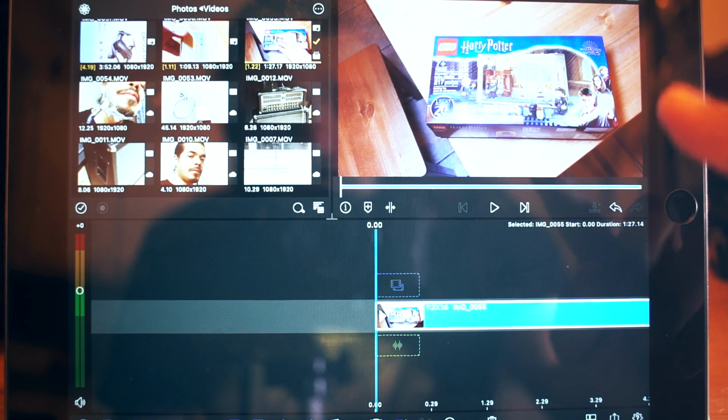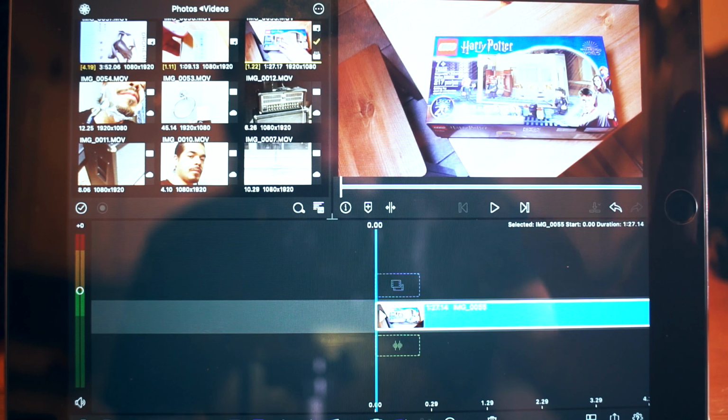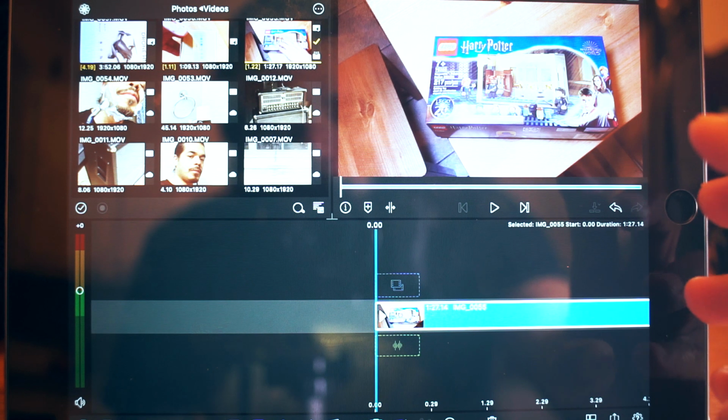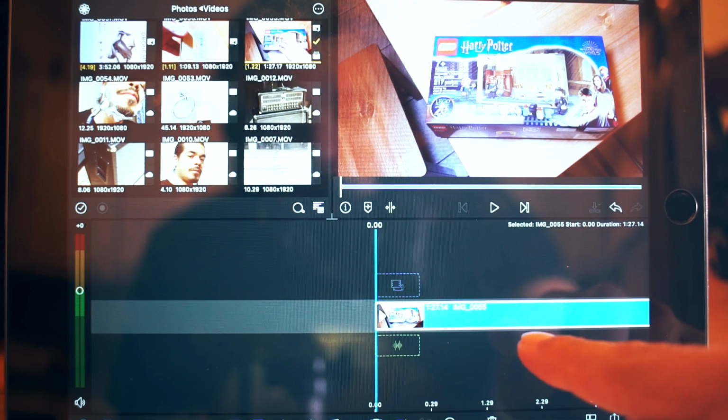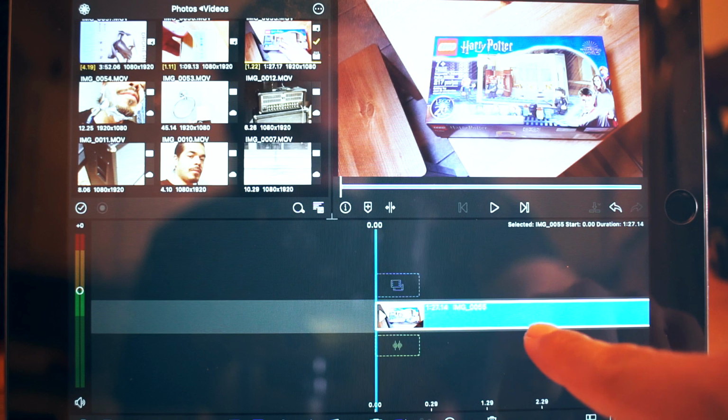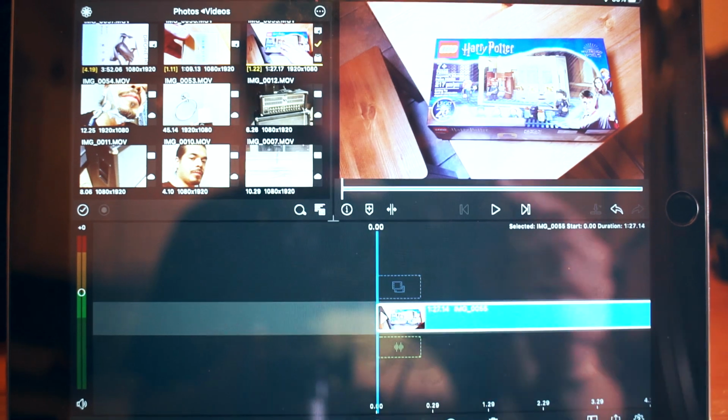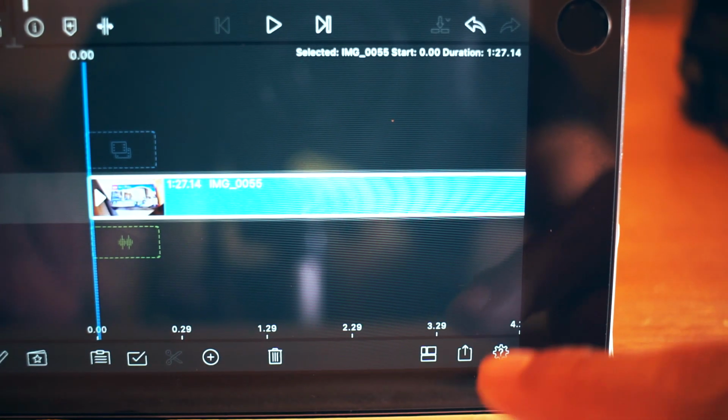Alright guys, quick tutorial on LumaFusion. This is how to export your file. So you already got your movie in here. This is on your timeline, and then you want to export your file down here in the right hand corner,